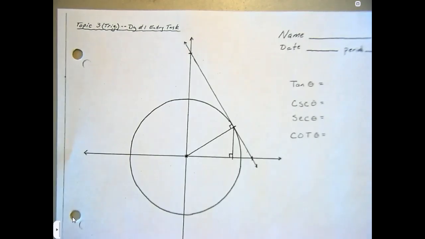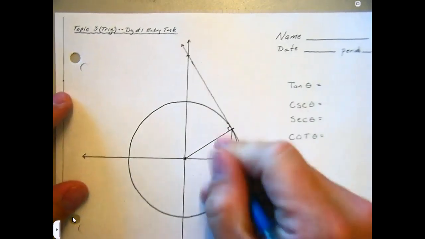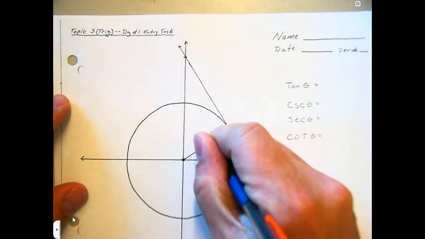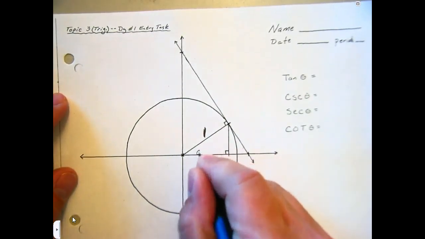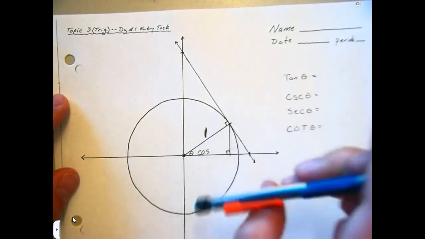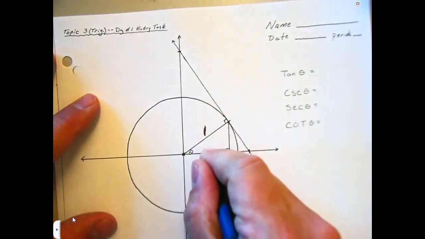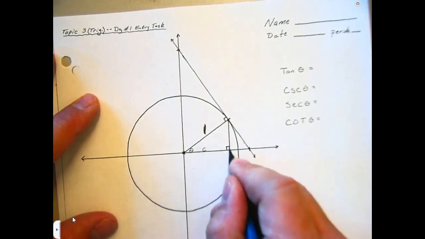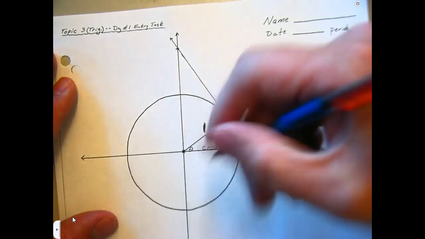All right, the first thing I want to do is just kind of go through where these identities come from and label some different things to kind of help you out. So if this is our unit circle, we know that this has a length of 1 unit. We have talked about this being cosine. So if that's angle theta, this is from here to here, cosine theta, that x value. This y value is